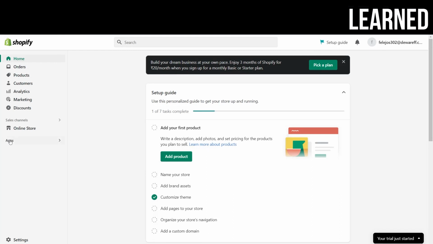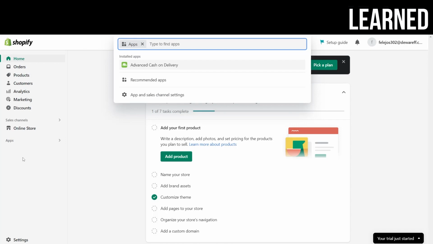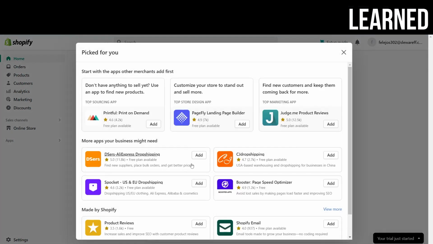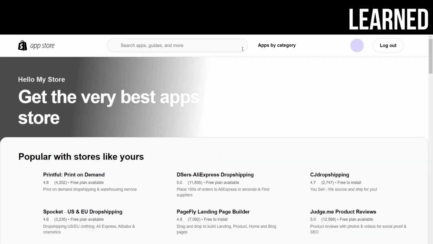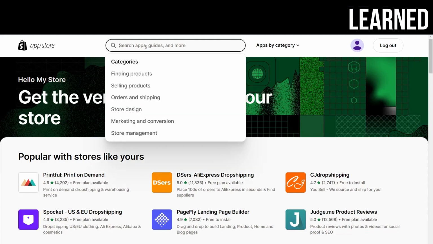So the very first thing you have to do is go to the store apps. On the left side, you can see Apps, and here you have to click on it. Then you can click on recommended apps, scroll to the bottom and go to the Shopify app store. Now it will redirect to the new store basically. After that, you have to just search for track